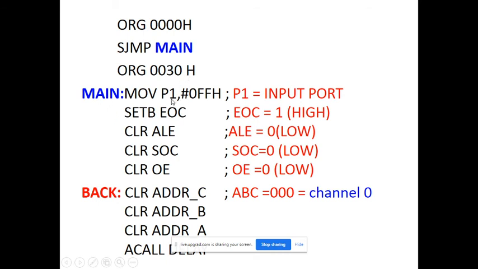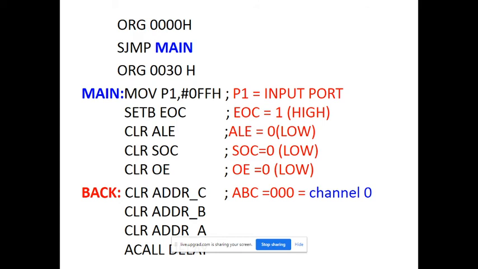Then you declare the P1 port as 0FF, meaning you are declaring P1 as an input port. Whatever data is converted by the ADC, you want to take inside the controller through the P1 port, and that's why we are declaring the P1 port as an input port. Normally all ports are GPIO, that is general purpose input output ports, but by default all ports are in output direction.